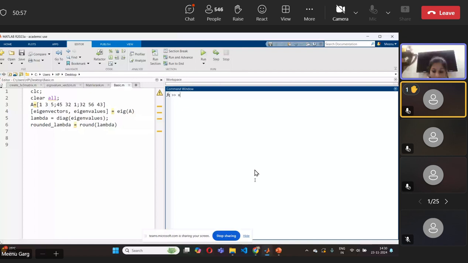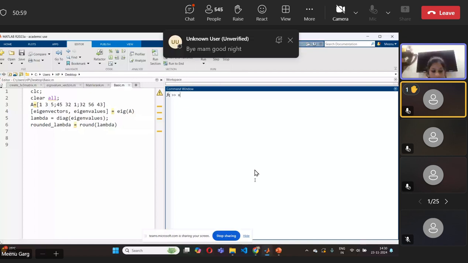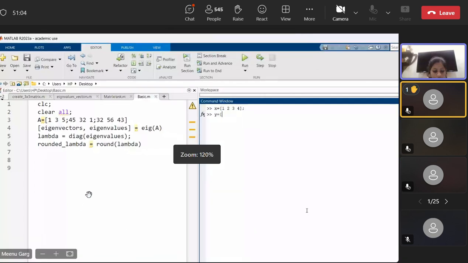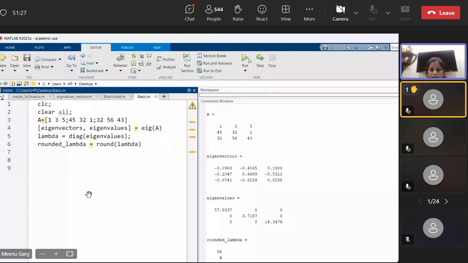Suppose x equal to 1, 2, 3, 4. Clear? And y is equal to 3, 5, 7, 1. Semicolon. I will write plot. There is a plot command which plots the graph between x and y. So if I write plot x comma y, it will plot these values on the x-axis and the corresponding values on the y-axis. So if I run this,